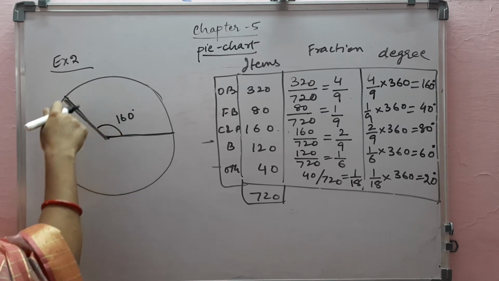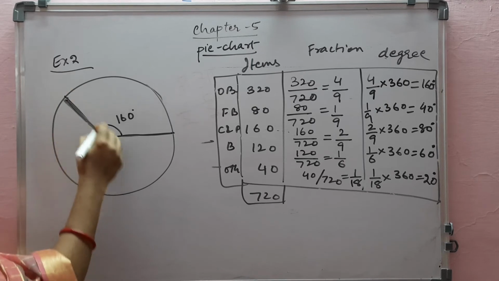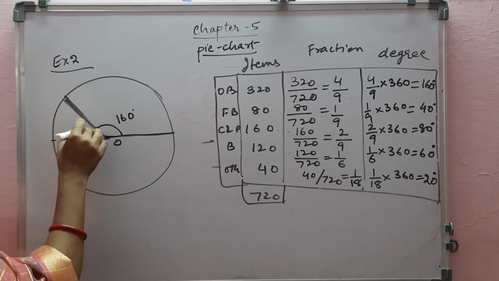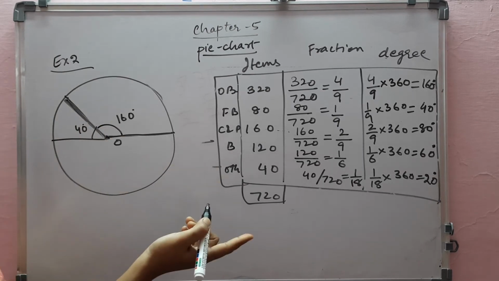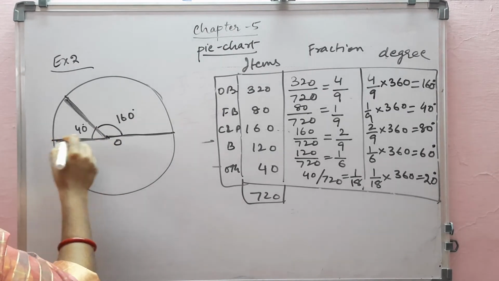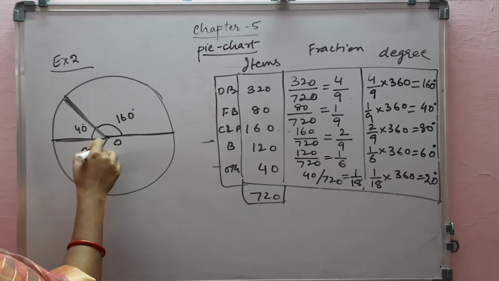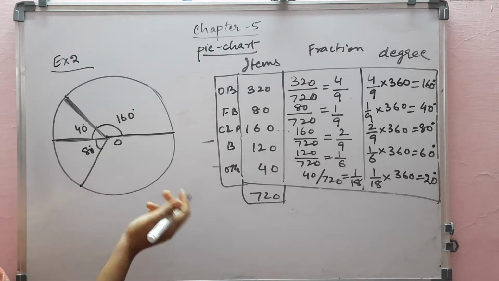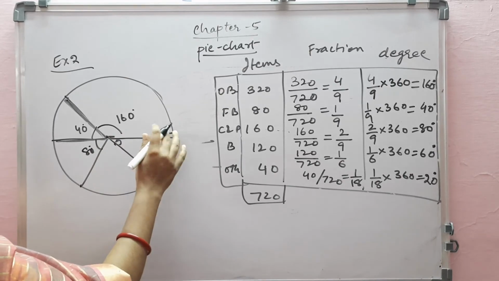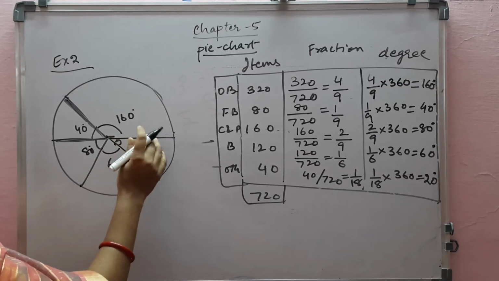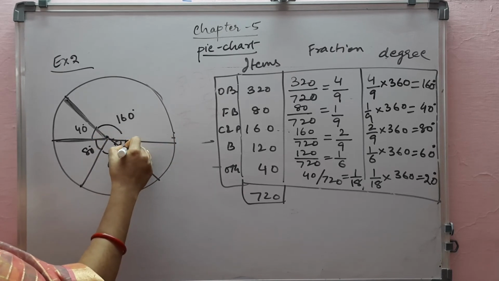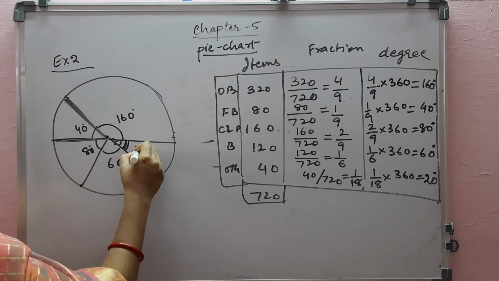Now after drawing this, take a line as an initial one, this one, not this one. Again, now the next जो angle बनेगा वो आपको इस वाली line पर बनेगा. Take a point this. Now draw an angle of 40 degrees. This is your 40 degrees. Next angle what we have to draw? 80 degrees. 80 degree के लिए this will be your initial line and draw an angle of 80 degrees. Then you have to draw 60 degrees. Then ये 60 degree you have to draw this time like this. This is your 60 degrees. This will not be your 20 degrees. इतना बड़ा आएगा. So the rest of the angle which has been left is 20 degrees.